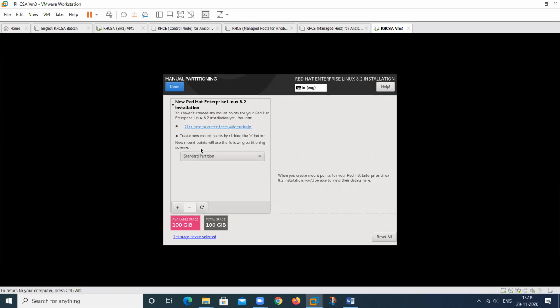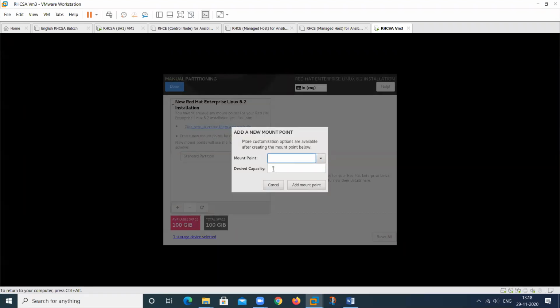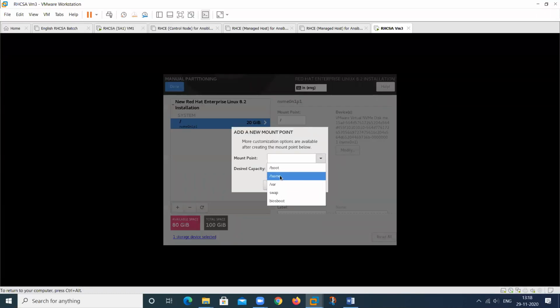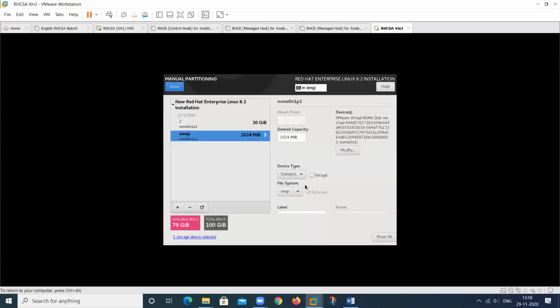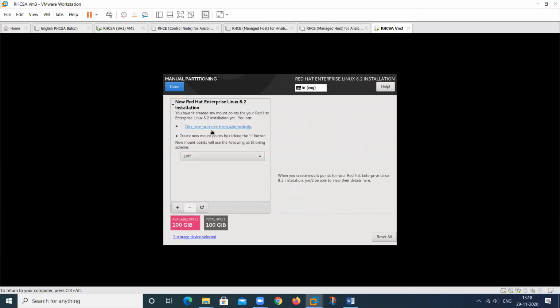When we use standard, then click on this particular plus button. So you can provide manual space also. Suppose we want to provide 20 GB, so you can provide 20 GB here. If you want to provide a different swap for home, that is 1 GB, I can provide this one. So it depends on your choice. You can select this manually and you can select this automatically. But I will select this automatically. Then all partitions will be created and we can utilize all my hard disk.